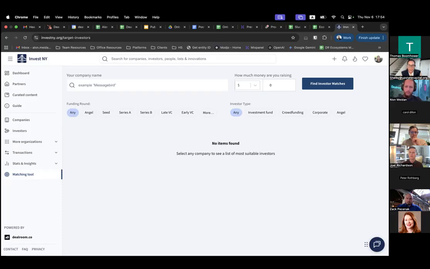As you may or may not realize, our team, myself as well as Thomas Boomhauer, are relatively new to the organization. So we are ramping this up, and this is obviously a top priority for us, to make sure there's broad awareness and adoption of the Invest New York tool.